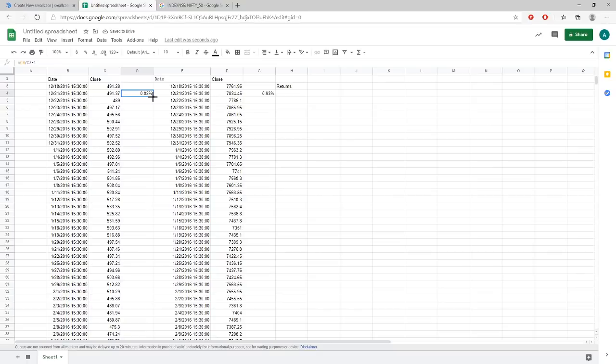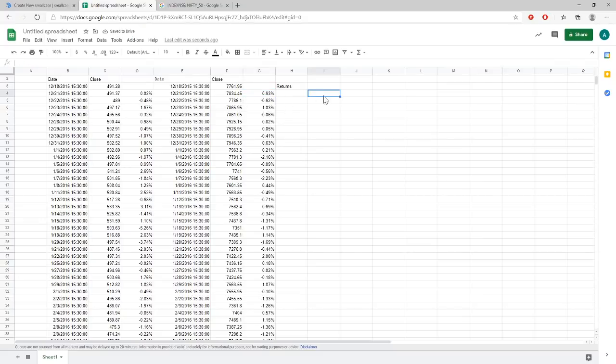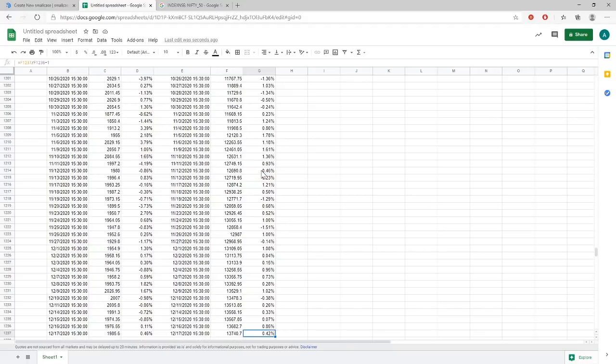Now we can do the same thing for all the data points that we have, and this is how you calculate what is called the daily return. So this is the daily return. Now every day it changes. On the first day, 21st December 2015, we had 0.93%. The next day it fell. This is basically the data that you see on your Kite platform on a daily basis, right? This is the ups and downs of the market as such.